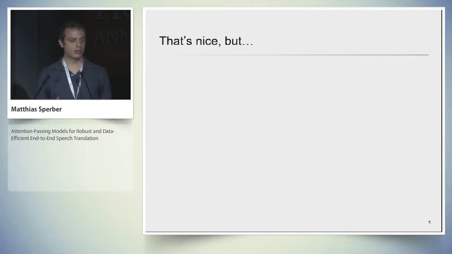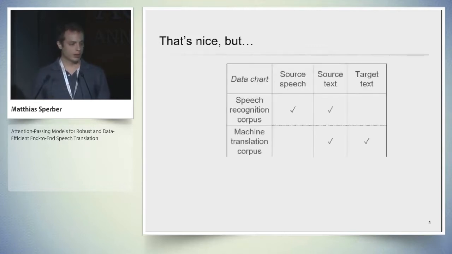So that all sounds very nice, but in practice there's a big drawback also, which prior work has not looked very much into, and that's related to the data situation. So if you think of the cascaded approach, we generally train that on a speech recognition corpus for training the ASR, and we train the machine translation model on MT corpus, and both of these corpora can be completely unrelated, and we have a lot of choices available, so in lots of different languages and language pairs.